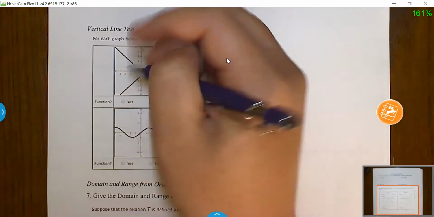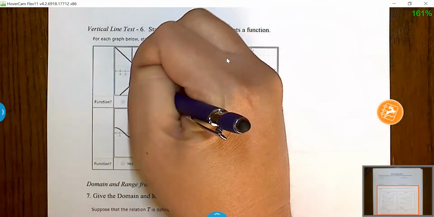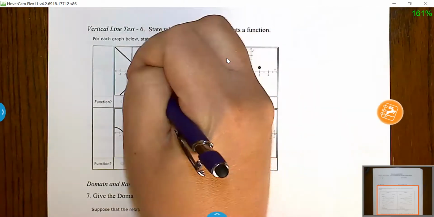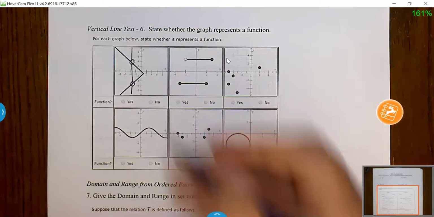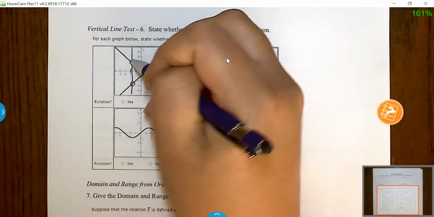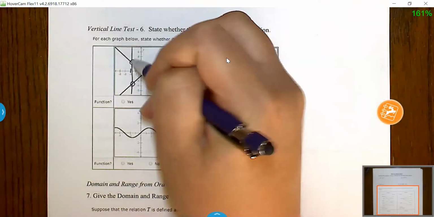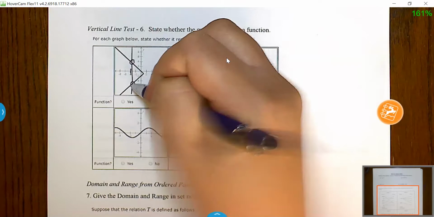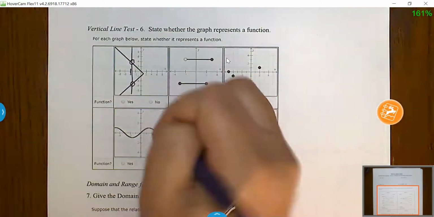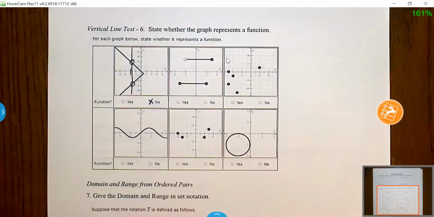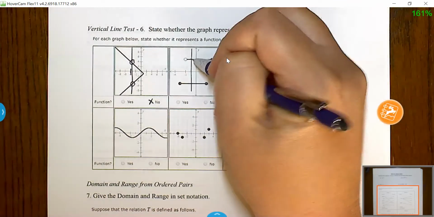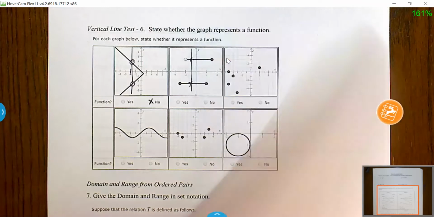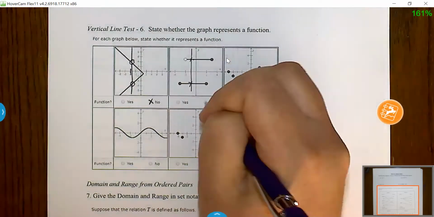So, I'm drawing a vertical line that goes up and down. That crosses the graph, this first graph, in 2 spots. That means that this input has 2 outputs. This x value has 2 y values associated with it. That is not a function, okay? Same thing over here. If I draw any vertical line that crosses it more than once, that is not a